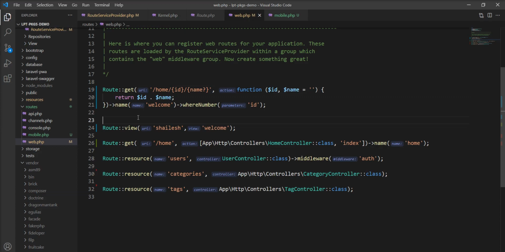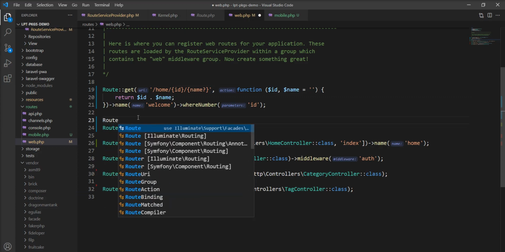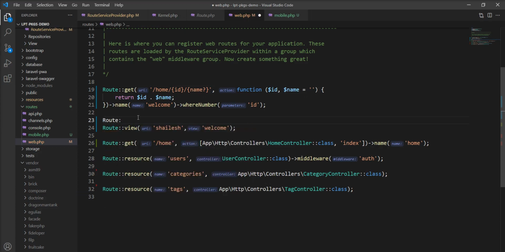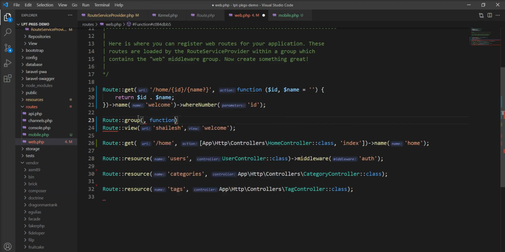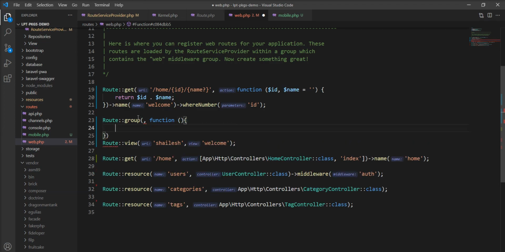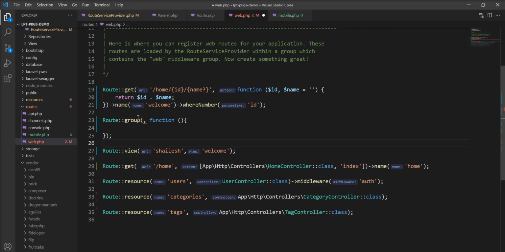Also you can specify a group. Let me show you an example of the group. You can specify a group for the middleware, namespace, prefix, everything. So I'm going to specify it here, and let me specify a function, and the first argument is an array. I'm going to show you a prefix example. So let's specify prefix and